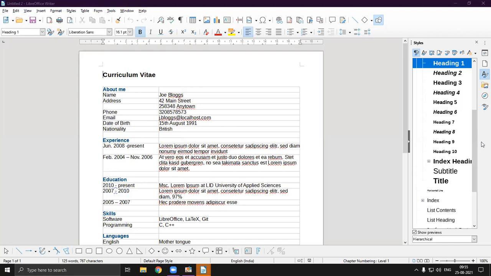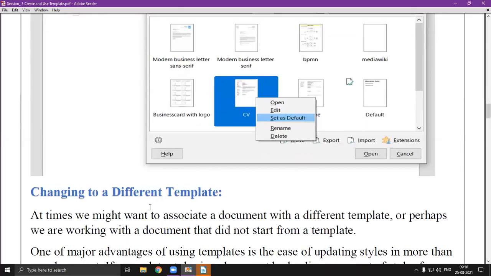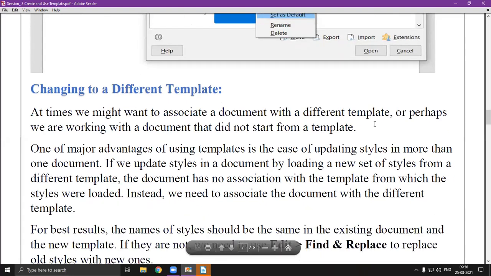It is very similar but much more convenient if you compare it to the Microsoft Office version or Microsoft Word version, because it is providing us so many extra tools or extra formatting tools which we can apply according to our need. Okay, so once again coming to the theoretical portion, changing to a different template. How can we change to a different template?